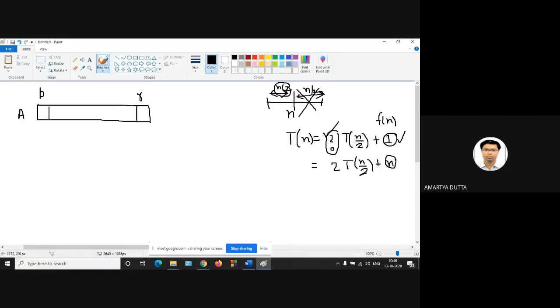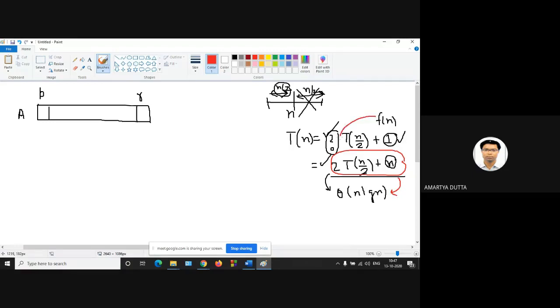So this is the first one, the recursive definition of binary search: T(n) = T(n/2) + 1. And this is the recursive definition of quick sort: 2T(n/2) + n. Now, if you solve the recursions with the help of substitution method or recurrence tree or master theorem, then you can get the solution. 2T(n/2) + n will be order of n log n. So this is the recurrence relation for quick sort, which yields the solution order of n log n.